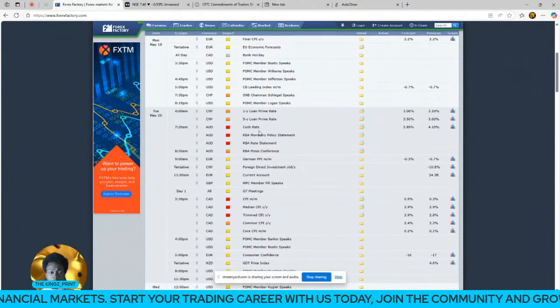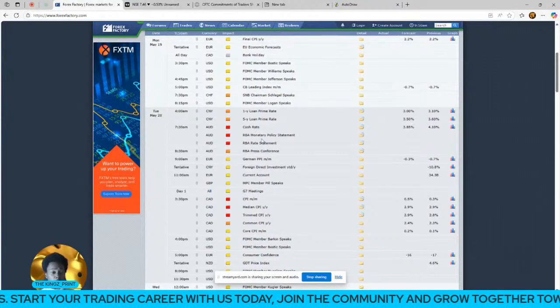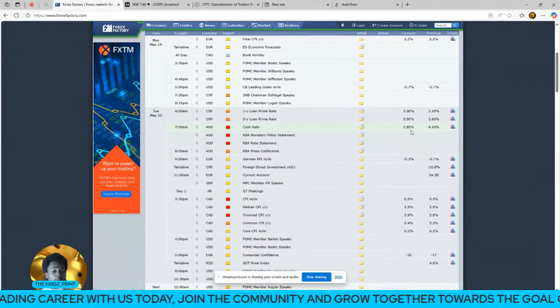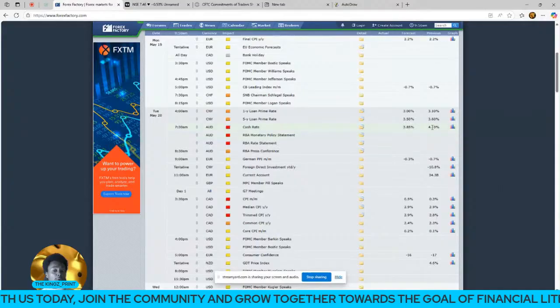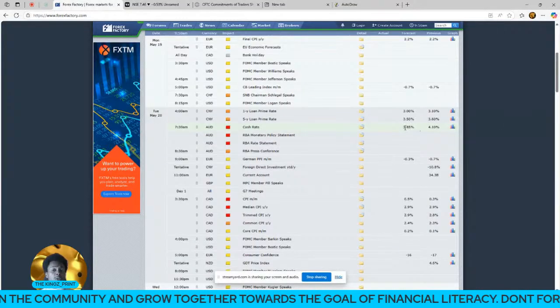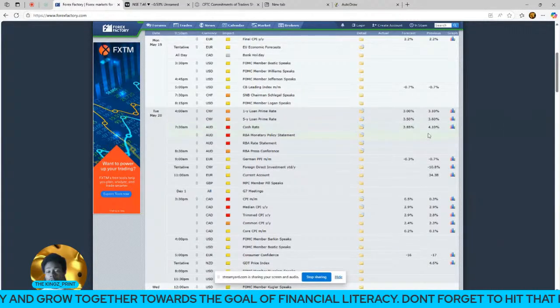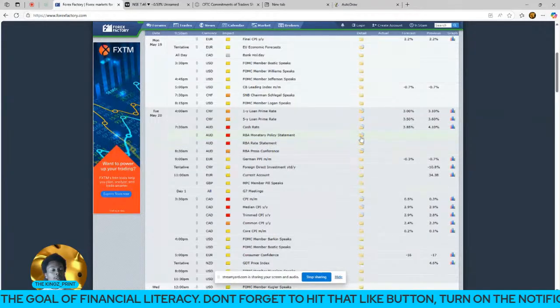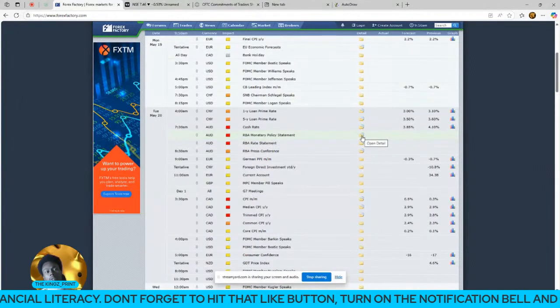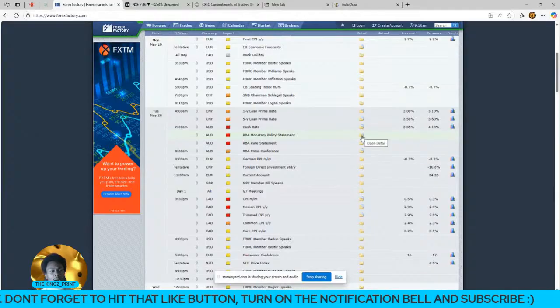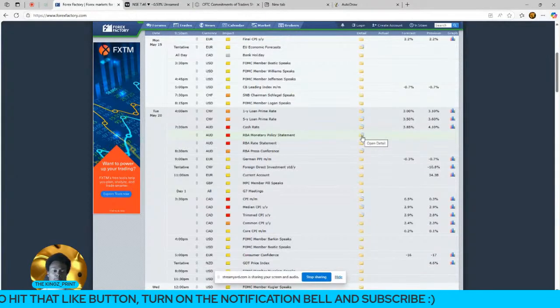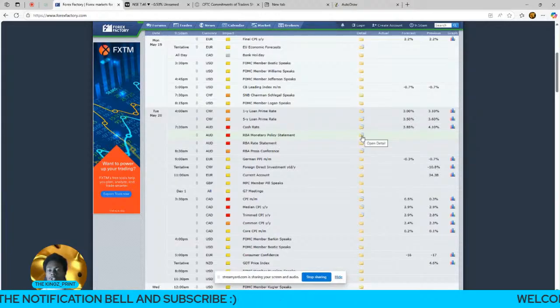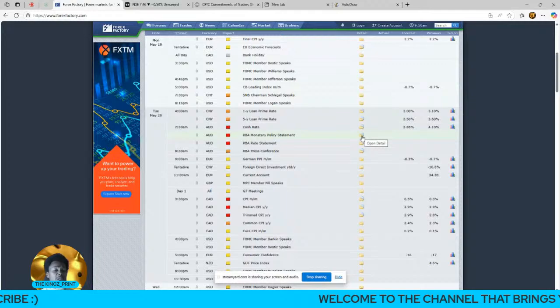I would want to trade the Reserve Bank of Australia monetary policy, whereby we do anticipate them to lower the interest rates from 4.10 to 3.85, so basically a 25 basis points deduction, which is quite interesting. Looking at what institutions and central banks are doing, all of the economies at the moment are cutting interest rates. This is something I want to really pay attention to, whereby it does weaken the economy, but at the same time, it strengthens